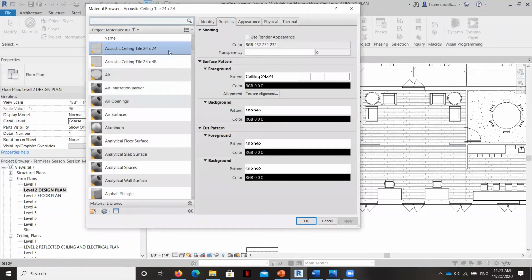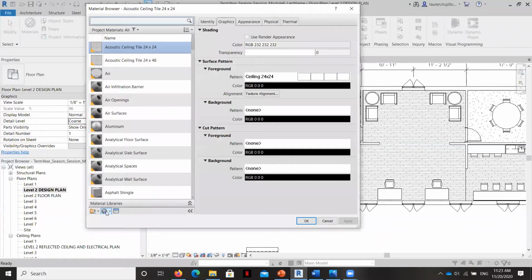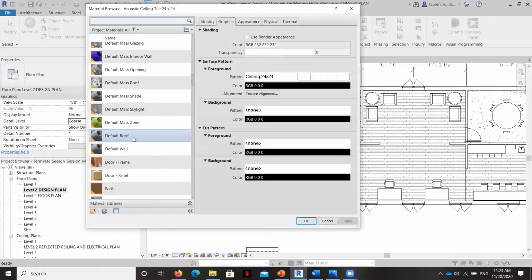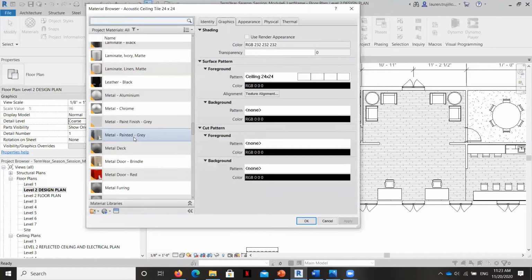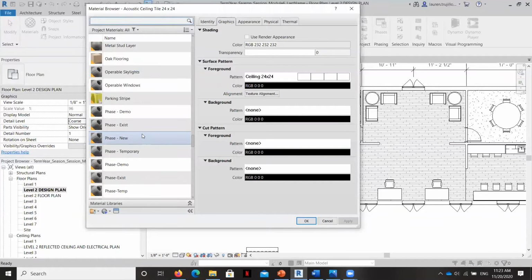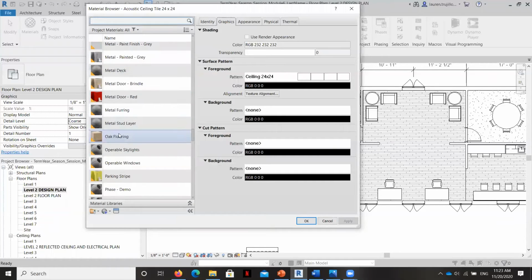Now, there's a couple different ways to add materials to your material library. You can start by just hitting this plus button, and it'll create essentially an empty material that you can populate. But I actually like to, if I'm going to use a new material type for wood flooring, build it based off of an existing swatch, and you'll see why in a second.